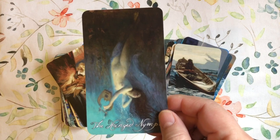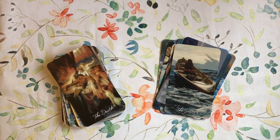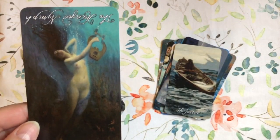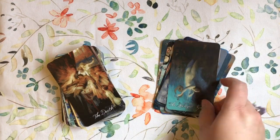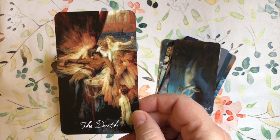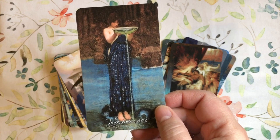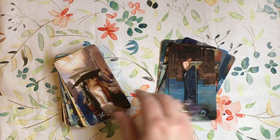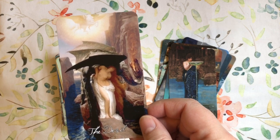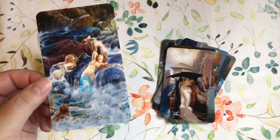The Hanged Nymph, upside down. It worked. It's okay, but you can tell that they're probably supposed to go that way because the light's at the top. Death. Death is good. I like Death. I love the Temperance card. The Devil, okay. The Tower,